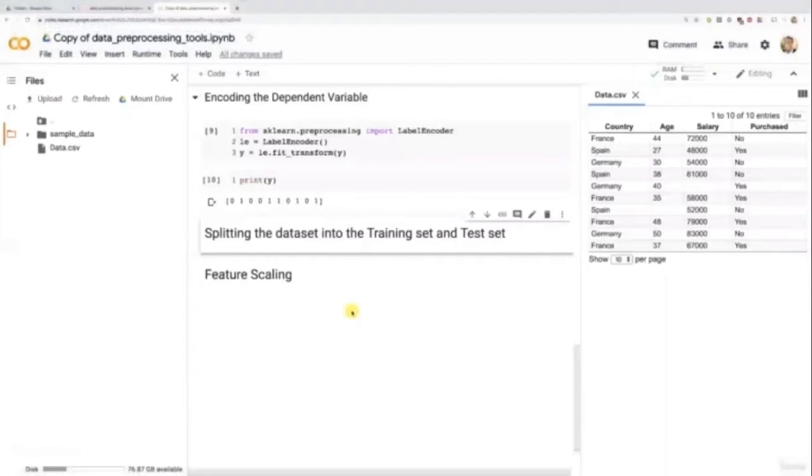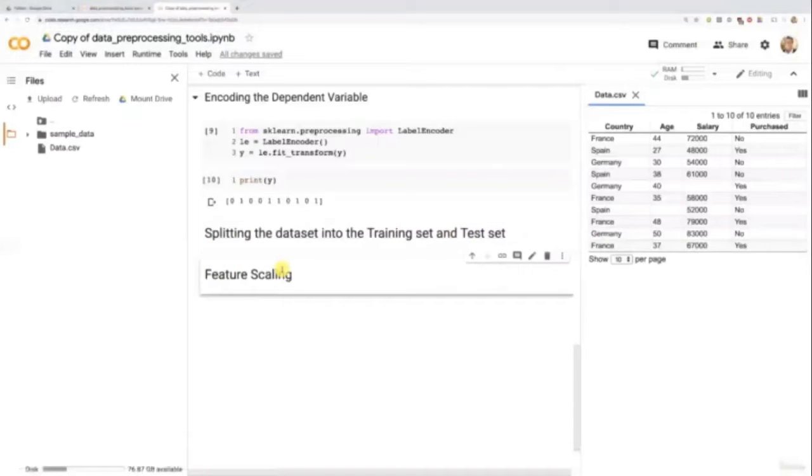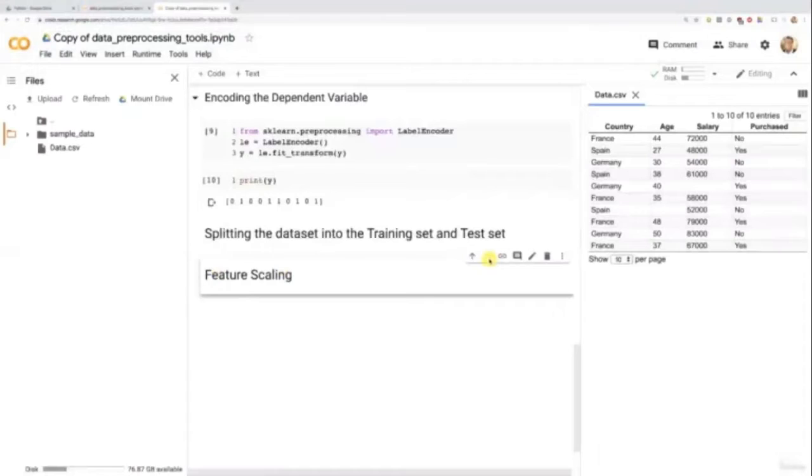Now you know how to handle the case where you have some categorical data in your dataset, which is a situation you will encounter many times in your career. And now we have two tools to cover. The first one being splitting the dataset into the training set and test set. And the second one being feature scaling. Before we start, I'm about to answer one of the most frequently asked questions in the data science community, which is, do we have to apply feature scaling before splitting the dataset into the training set and test set, or